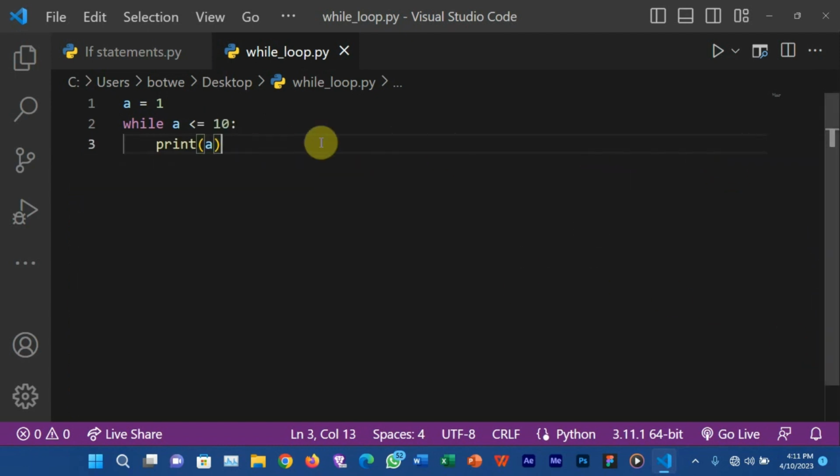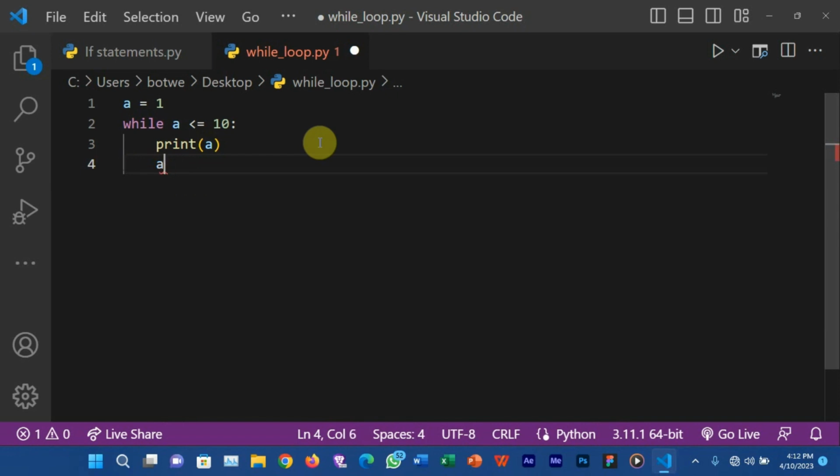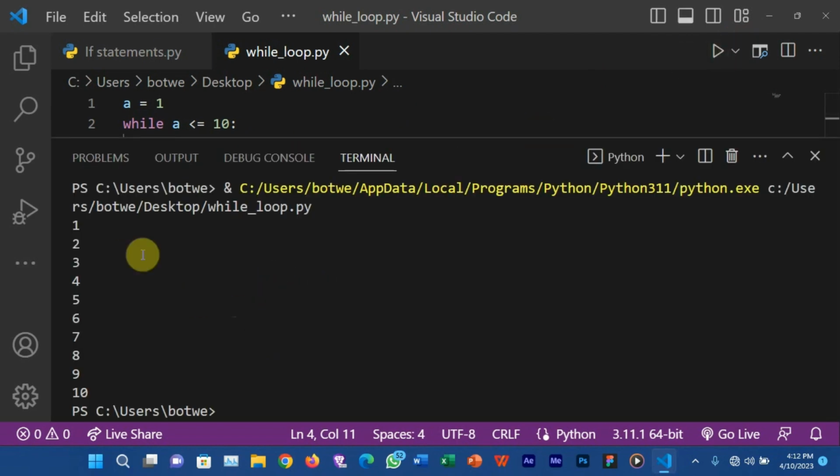So to do that, anytime a is less than 10, you should print a, and then you should ask it to add 1 to a so that a will be able to increase. If you put 2, it's going to increase by 2. But since I increase it by 1, it's going to print 1, 2, 3 up to